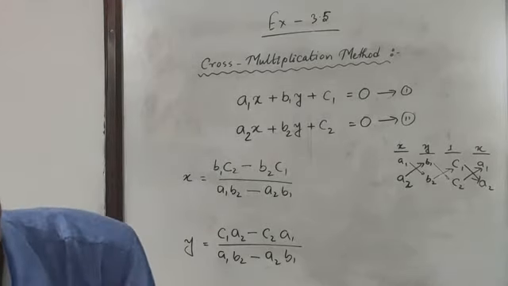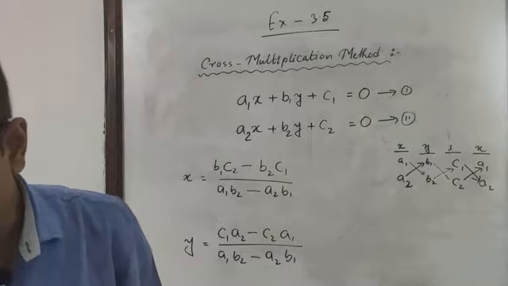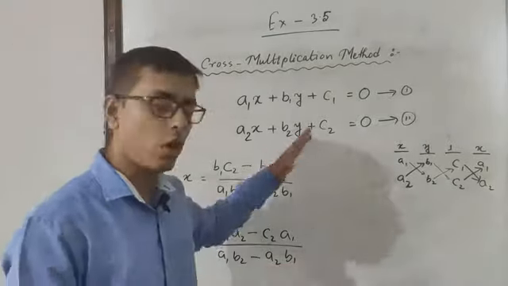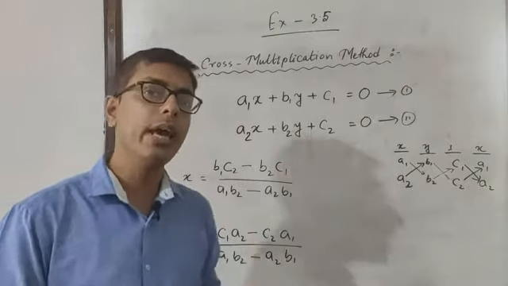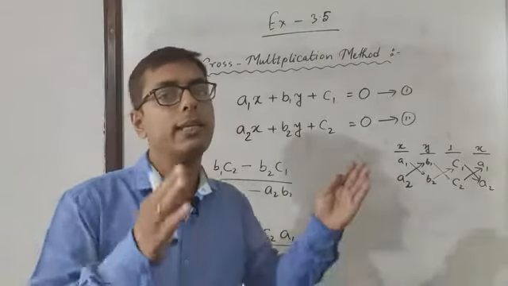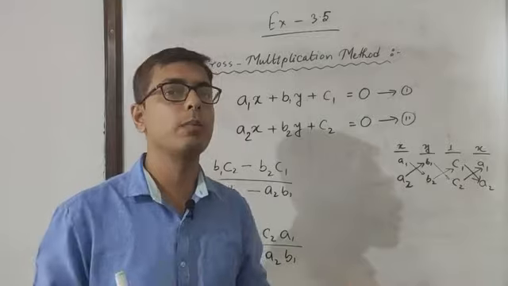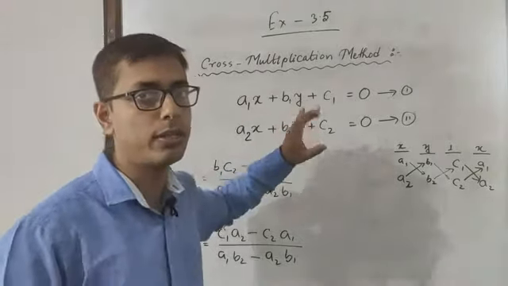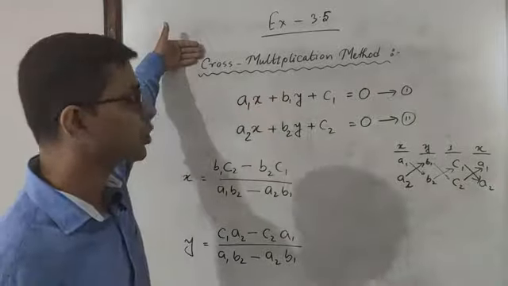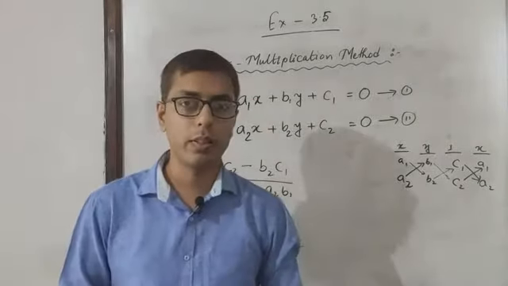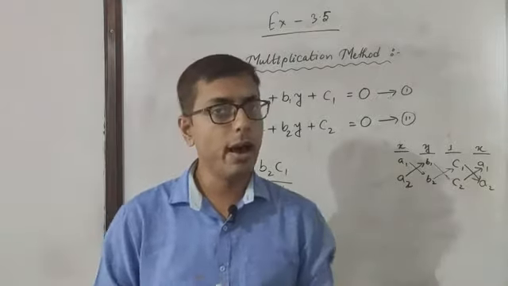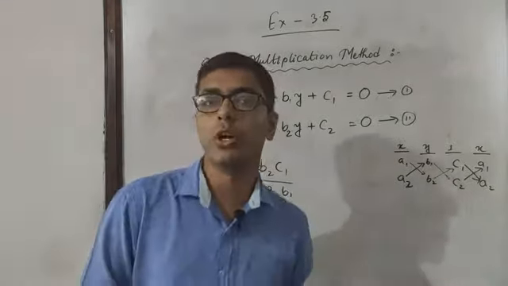In case there is a unique solution, find it by using the cross multiplication method. See, it is already mentioned in the question. If there is a unique solution, only one solution, then you are asked to solve it by the cross multiplication method. Otherwise, if they have many solutions or no solution, then you need not solve them.